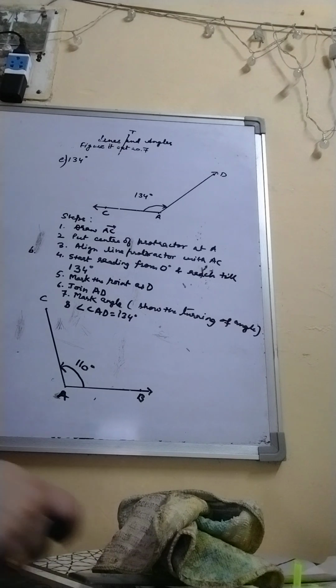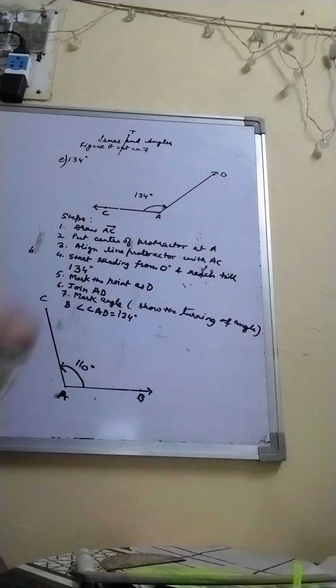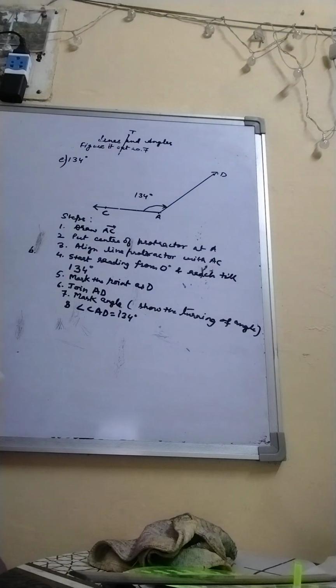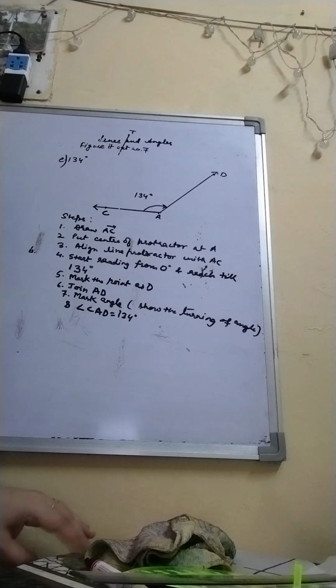So with this, second part finishes. Now we move to third part. What is the third part? It is draw an angle whose degree measure is same as the angle given below. So in this question what you will do is, first you measure the angle from the